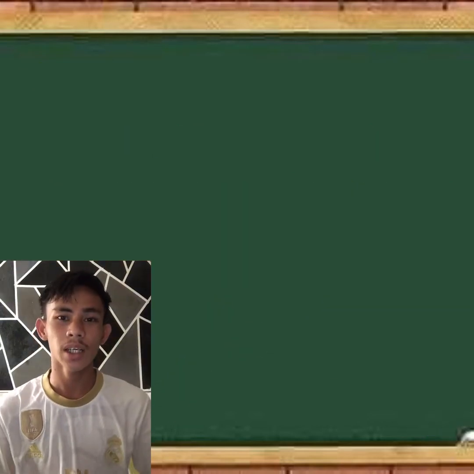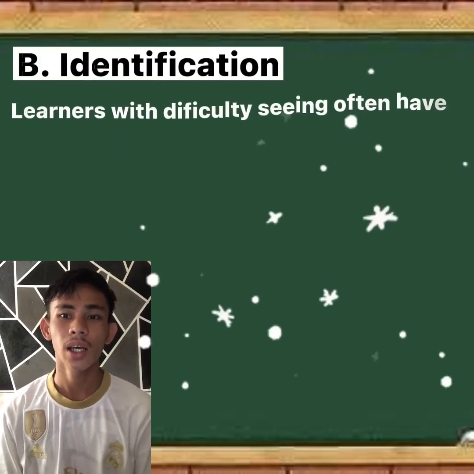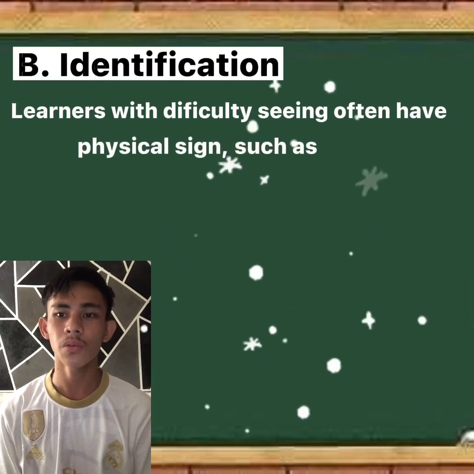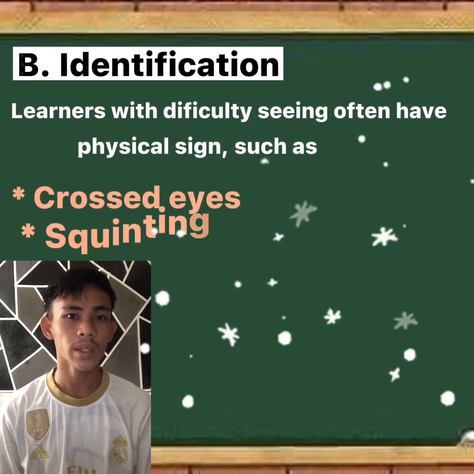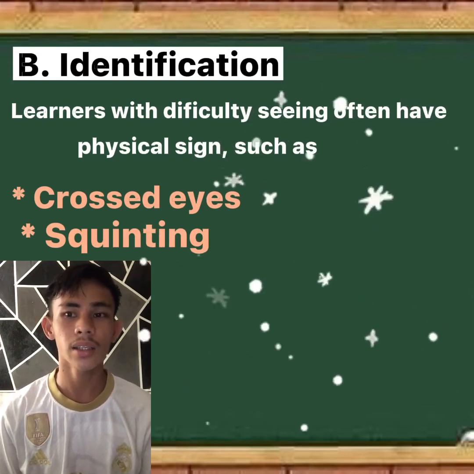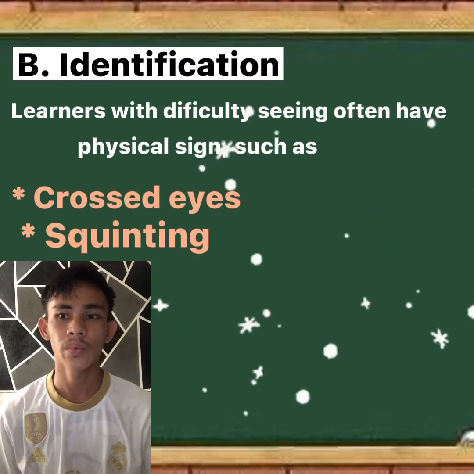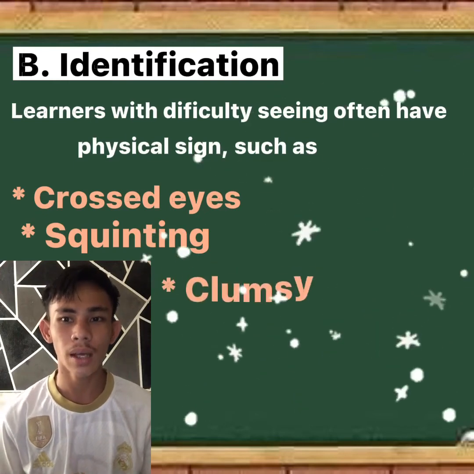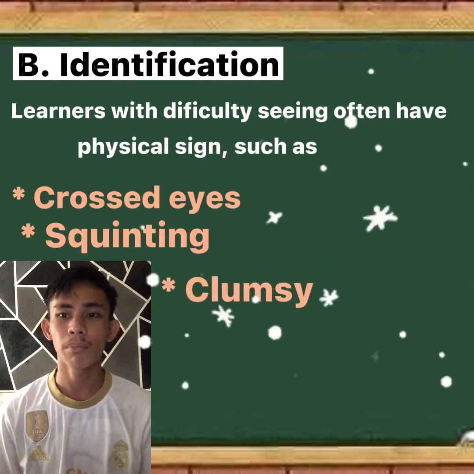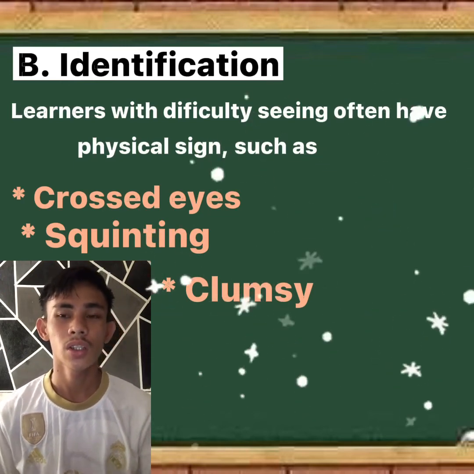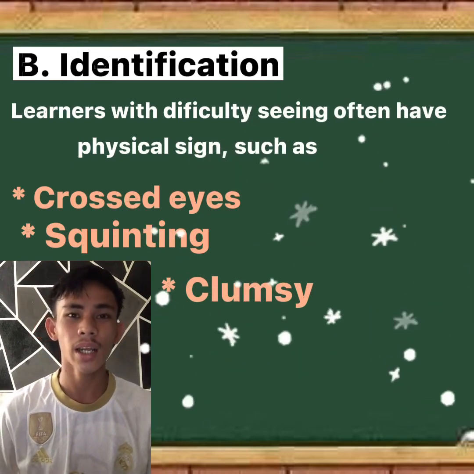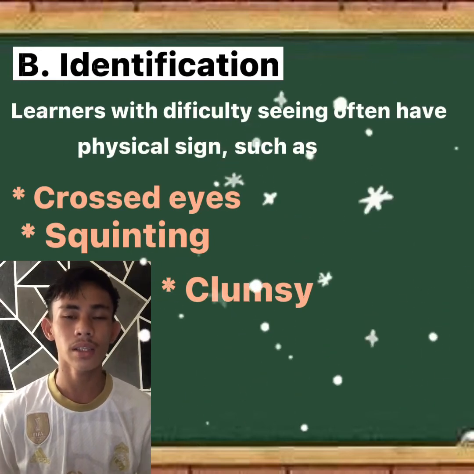So the second topic is identification. Learners with difficulty seeing often have physical signs such as crossed eyes, squinting, and eyes that turn outwards. They may also be clumsy, usually bumping into objects, which causes them to fall down. So meaning to say, we can identify the disability of the person